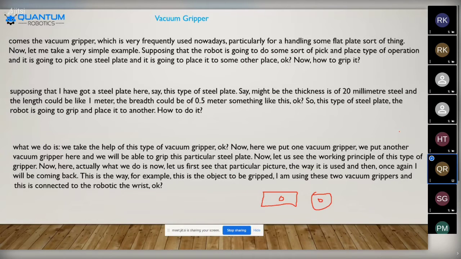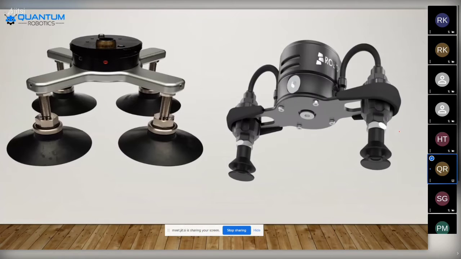Okay, and the vacuum grippers will be like this. The suction technology will be used over here, and the drive system will give the connection over here. The vacuum is given like a hydraulic drive system, and that power will be distributed into four equal parts.